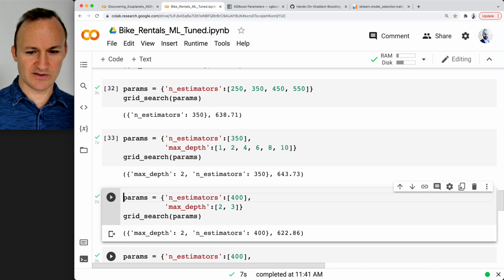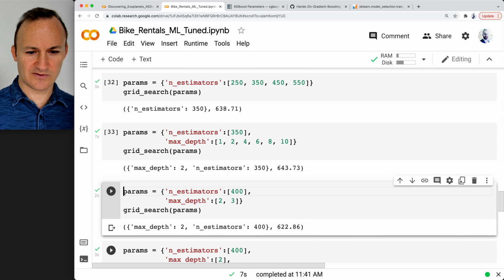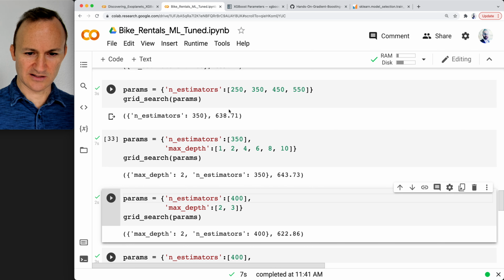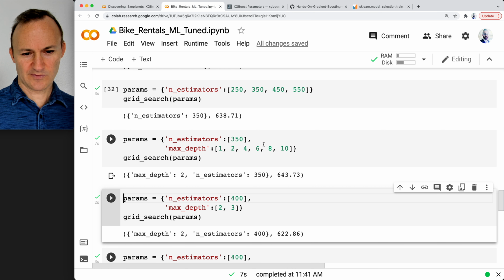code is based on the previous one. So we still got a max depth of 2. Wait, what is the default here? Because note that the score, this doesn't make sense. The score went up. I thought the default max depth was like 6 or 8, which means it should be giving at least the score that we got. So